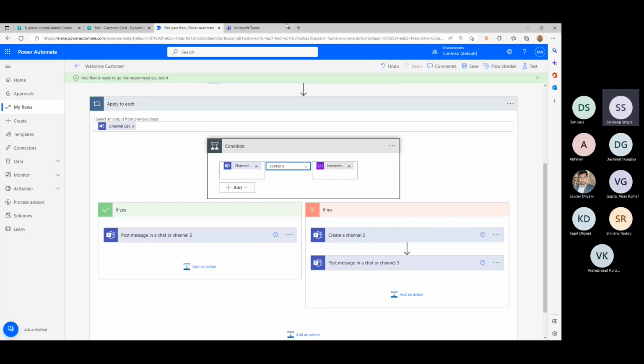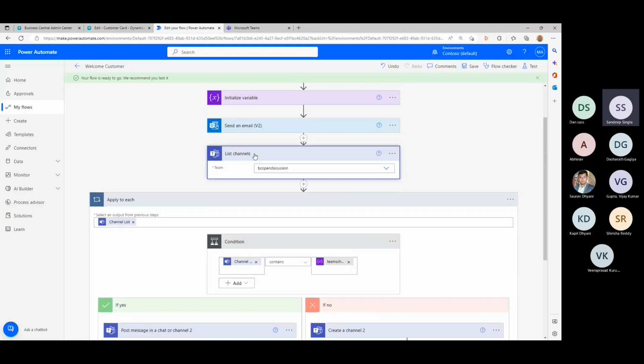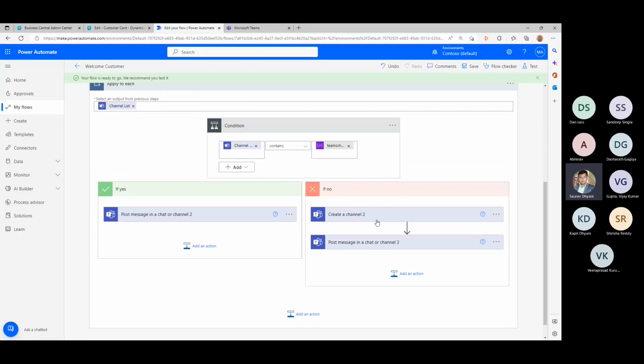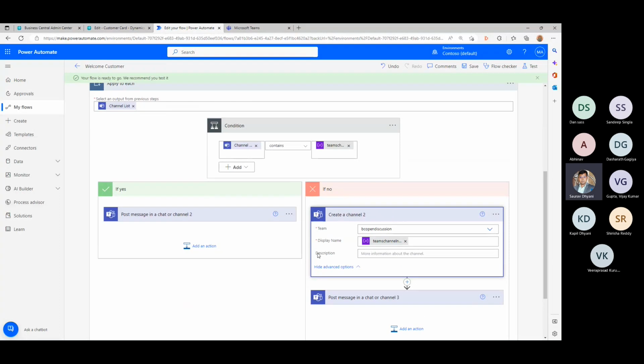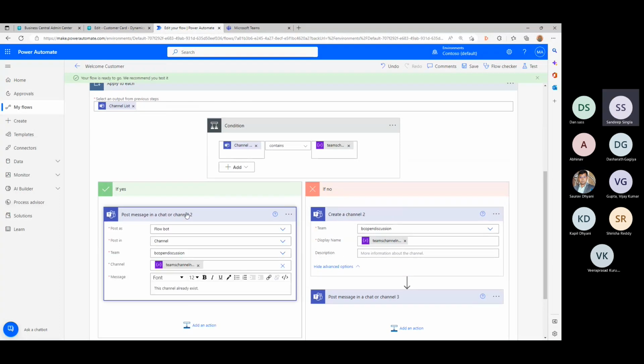Can you go above this? Let's see what condition we created this based upon. Which I created what? This channel list. How are you creating channels? Channel I'm creating if it does not exist here. Create a channel. Can you open this, create a channel? Sure, the advanced options. Nothing, nothing is there. I've just utilized the variable everywhere now, just to keep it consistent.